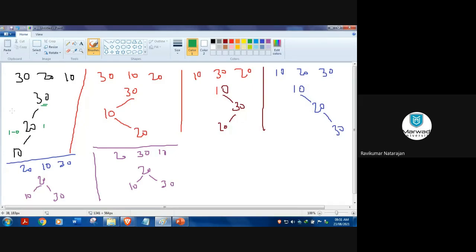So I'm just drawing it. Then in the next diagram, I'll rotate it. So we need to rotate in this way, which means I need to pull that 30 towards down. So that will come down. 20 will go to the root. And then I'll be getting this answer if I do that. Right? So this is one type of rotation. Still, I didn't name this. I'll give you the names.